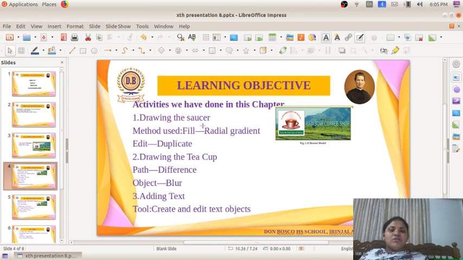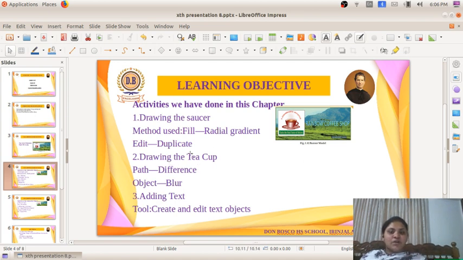Okay, with this method we have filled the gradient color. After that we take the duplicate of that picture, and in the same way we gave the gradient color. Again we created one more circle and increased the width of the third circle. After that we created the base for the saucer. We use a method known as object lower to bottom for placing the base down on the saucer. After that, our saucer is ready.